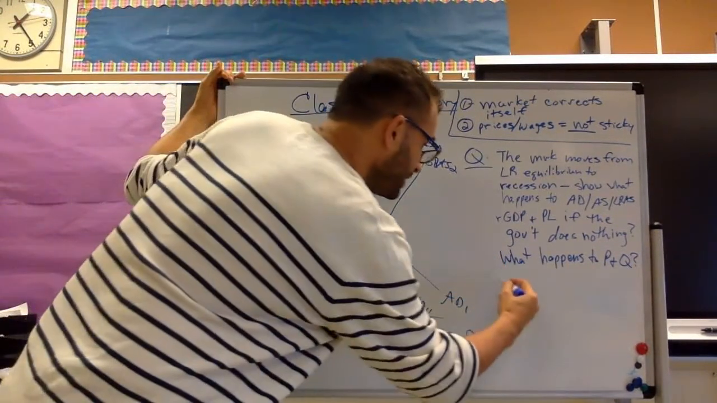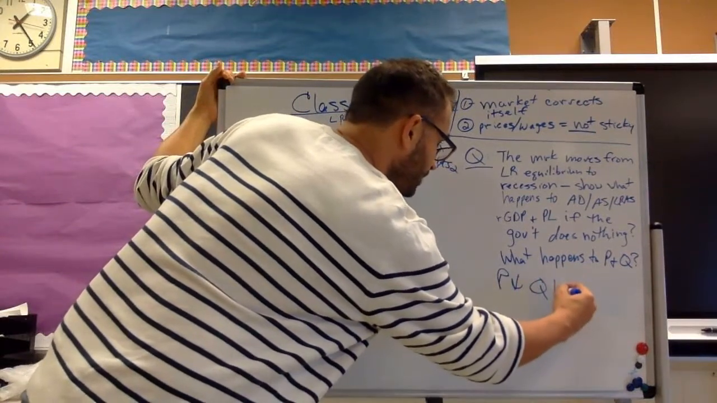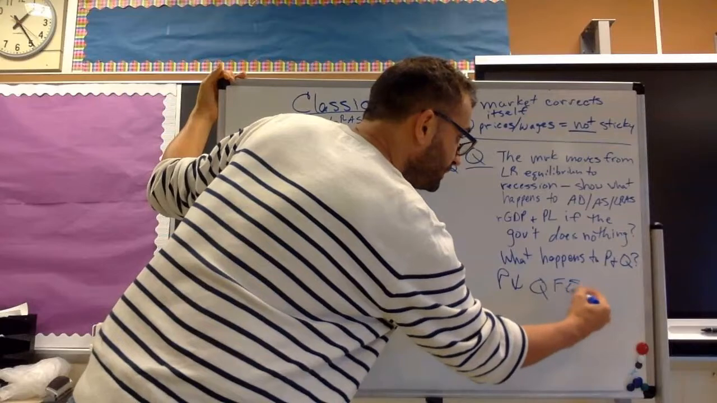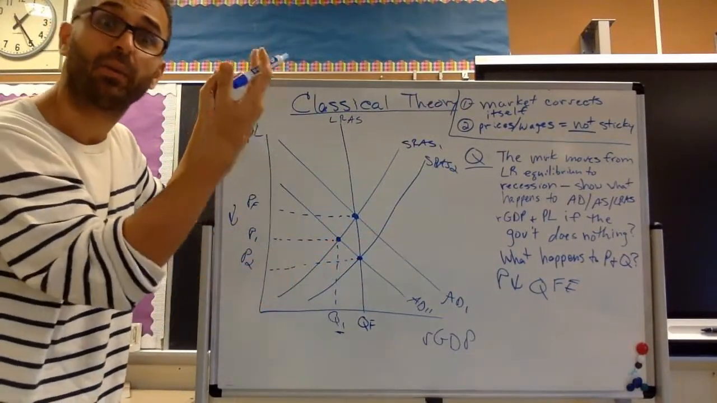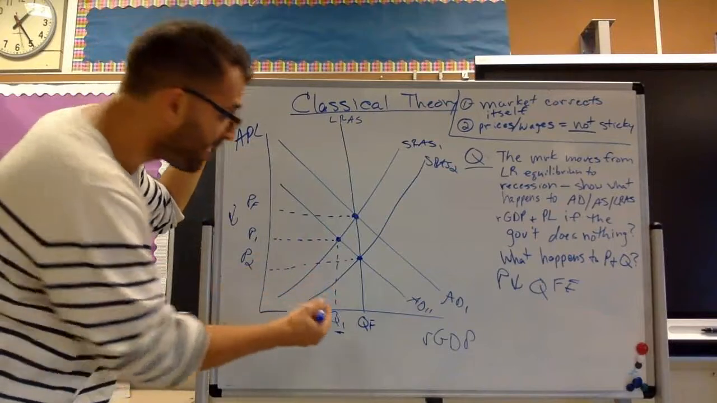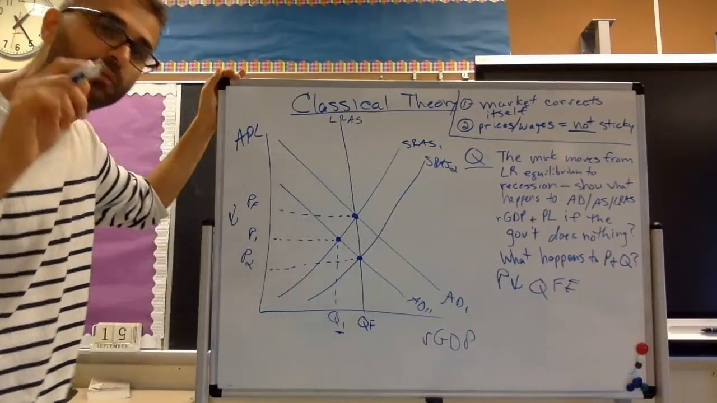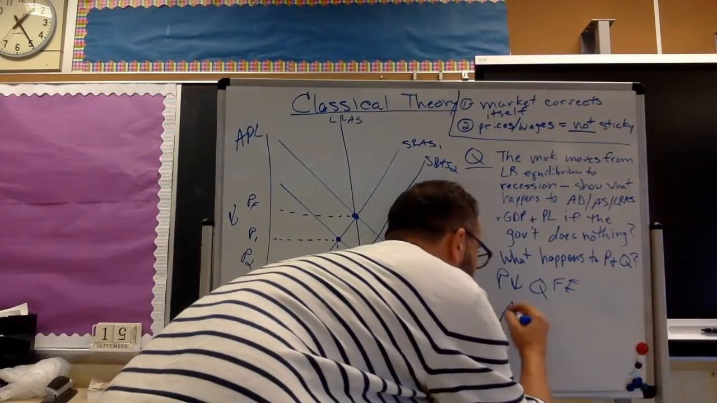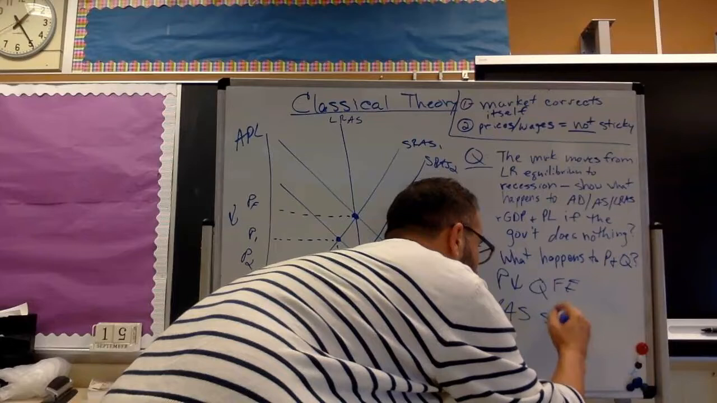So here's usually what they want you to write. They say, what happens to price? Price went down. Quantity, in the long run, goes back to full employment. If they ask about the short run, then you say quantity went down, unemployment went up. If they ask about unemployment now, in the long run, unemployment went back to the natural rate of unemployment. If they ask you to explain what happened, you're going to say that short-run aggregate supply shifted right